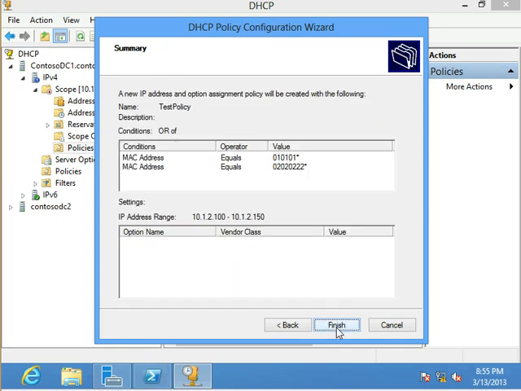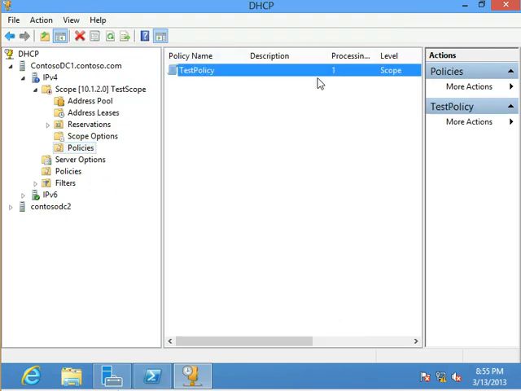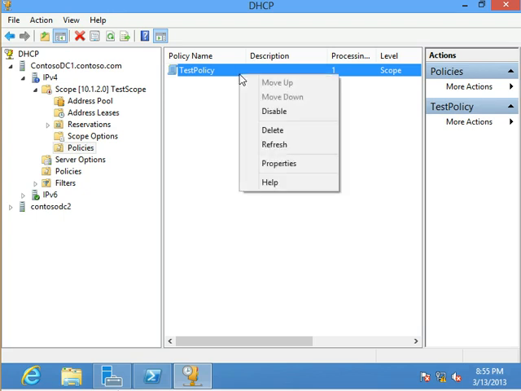A lot of different stuff you can do with this. Right? So here's my policy. Another thing that's important is processing order. So if I had a couple of different policies here, I could actually move these up and down. They're grayed out because I only have one, so that it'll process those policies in the order that I expect